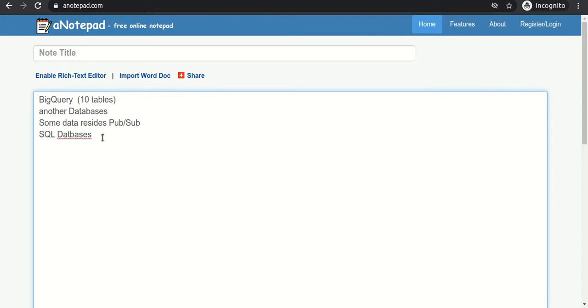And when we create the tables, we have some business requirement, right? While designing the table, we write some notes about that table.